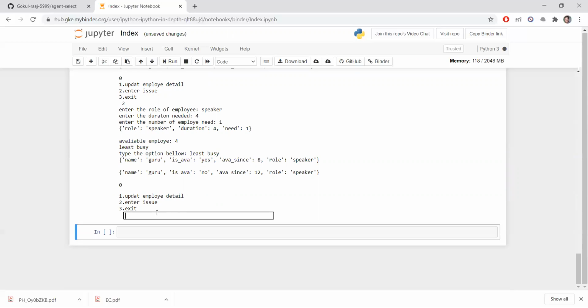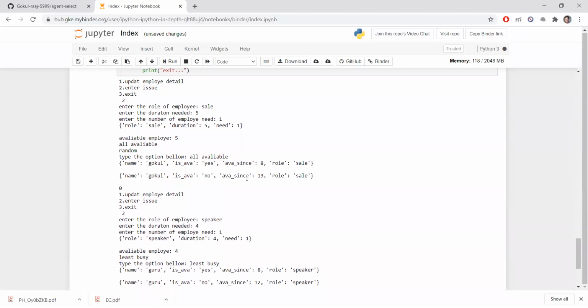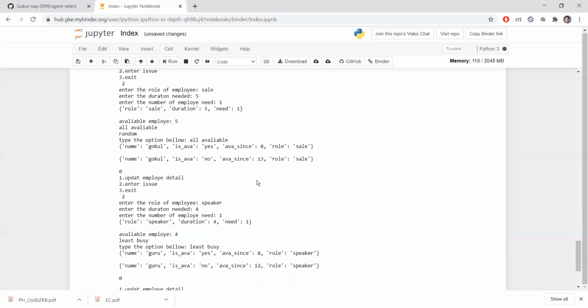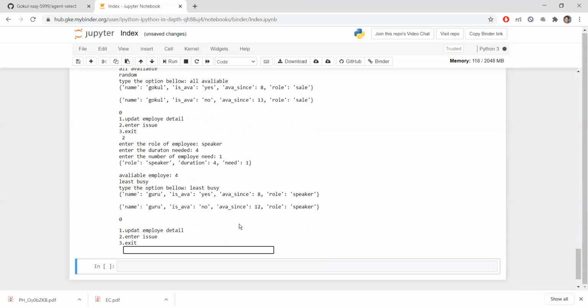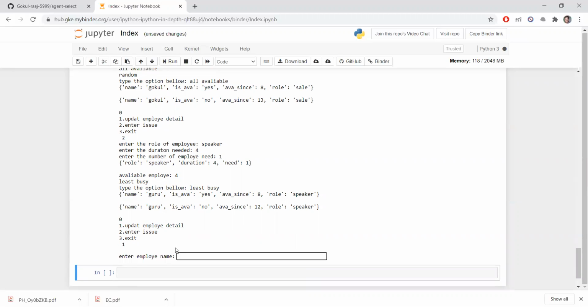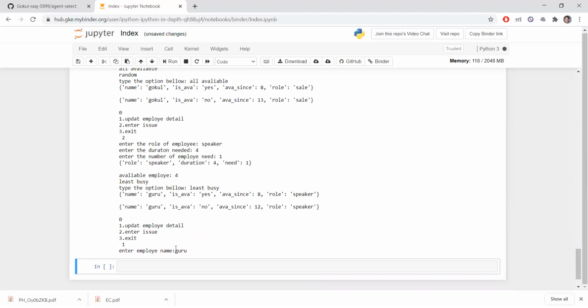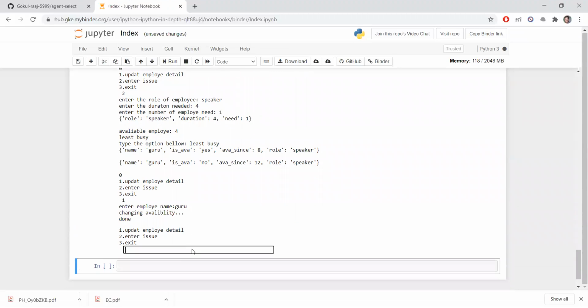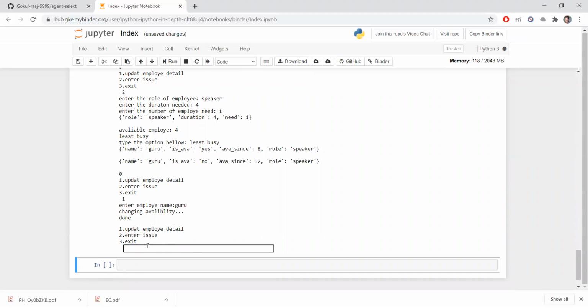So if we want to update any employee list, Guru will be completing his work, right? He will be available from 13 instead of 1 p.m., and he will be available since 12 noon. So if he finishes his work soon, right? Guru has to come forward to the program and say that I am available, like update employee list, press 1, and he has to enter his name, Guru, and press enter. Okay, checking availability, done. Again, if we want to enter an issue, we can cross check it,